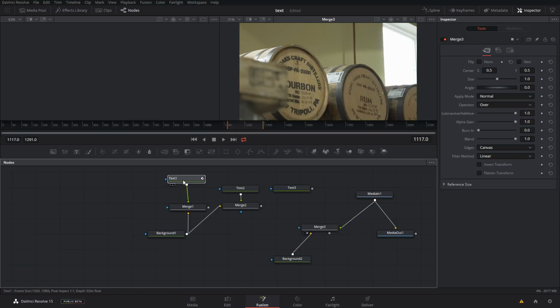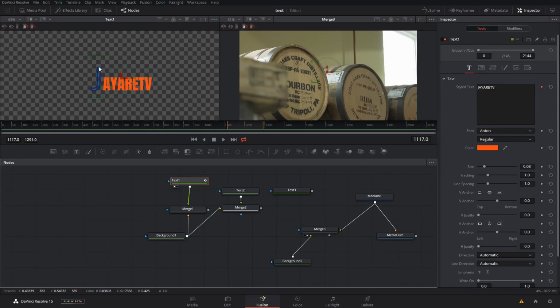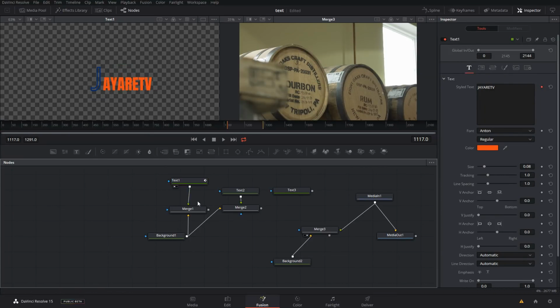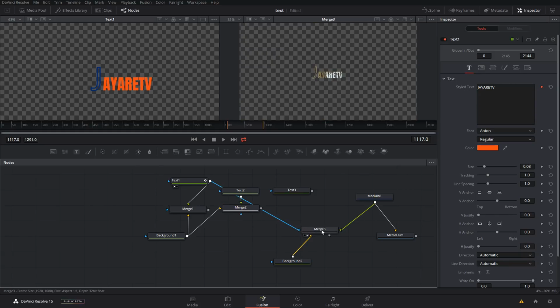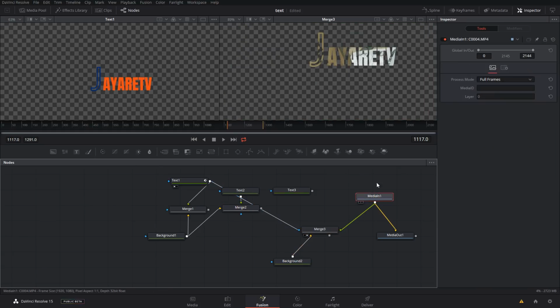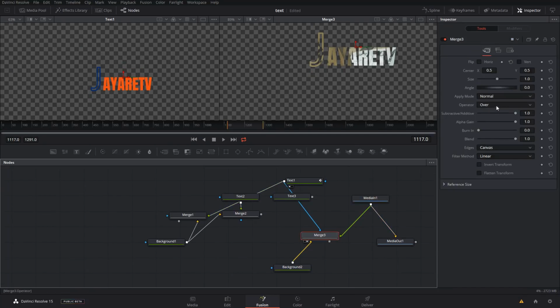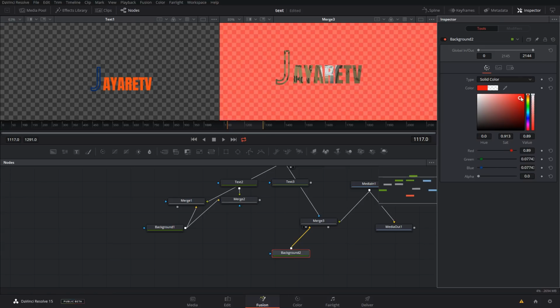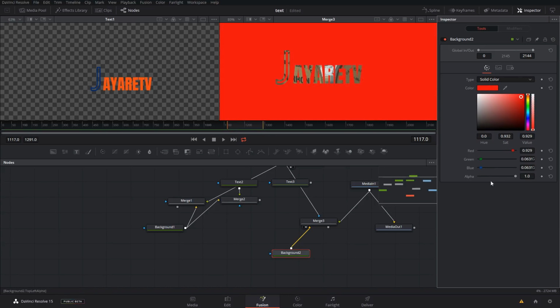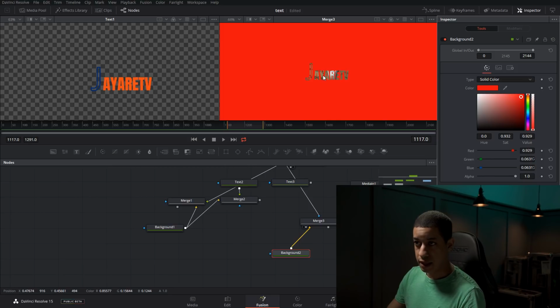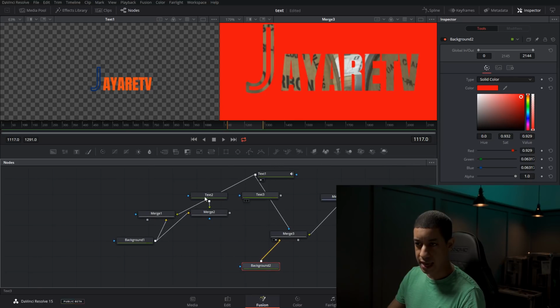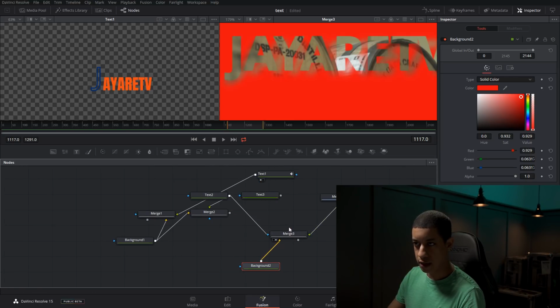So now if I take this particular node that had the different sizing and font, and I bring this over to here, now what you can see is this video is in here. So this is acting as a mask, and this video is what's inside that mask. So if I wanted to, I could take this particular node and do something like this where we see the font in here, and then we have this. And you could take any of these and bring them in here and act as that if you